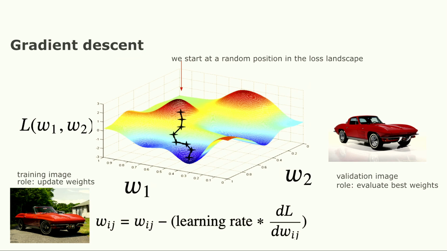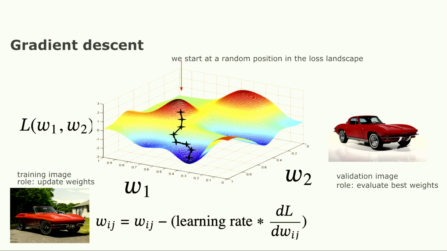In the 3D loss landscape that we see, there are about 7 consecutive weight updates. Each update is computed by multiplying the gradient by the learning rate, which determines the size of each step. A well-chosen learning rate helps the model steadily decrease its loss without overshooting the region of minimal error, which is shown in blue. We use the training image to calculate these gradients, or the training dataset to calculate these gradients,